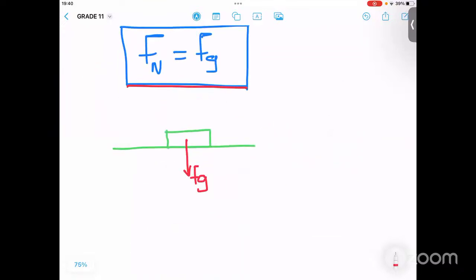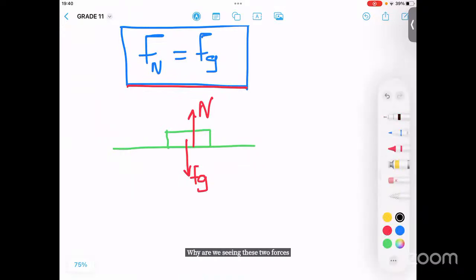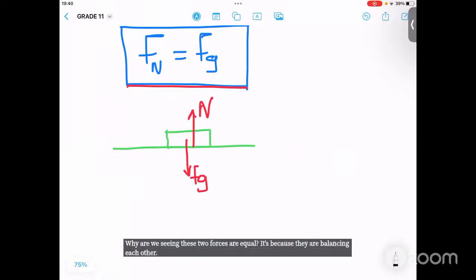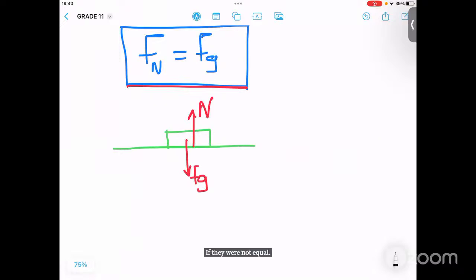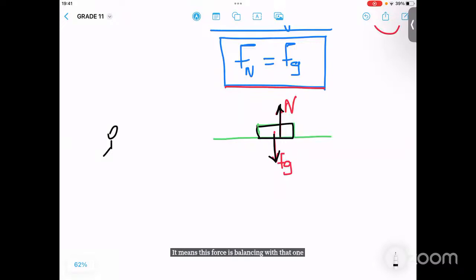Okay, the other force is this one, the normal force. Why are we saying these two forces are equal? It's because they are balancing each other. If they were not equal, that means this object was supposed to move either up or down. But for the fact that this object is not moving down or up, it means this force is balancing with that one. Think of it as you,